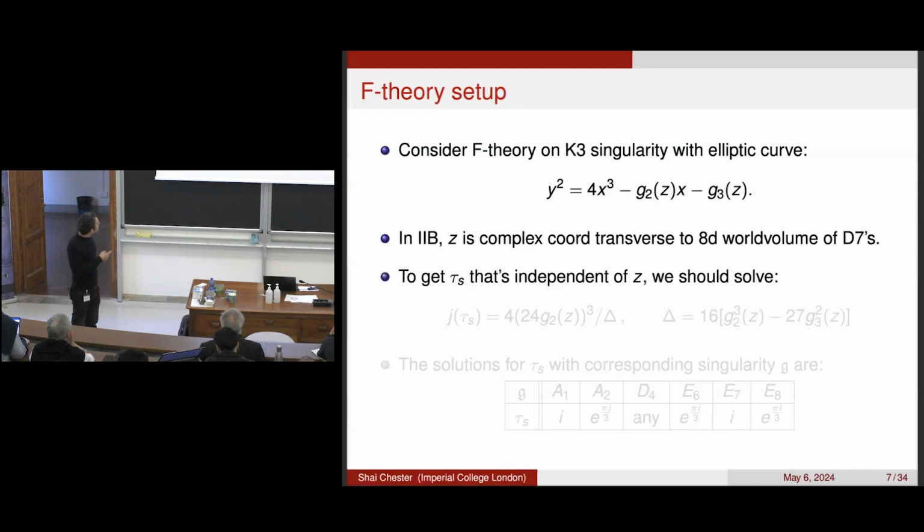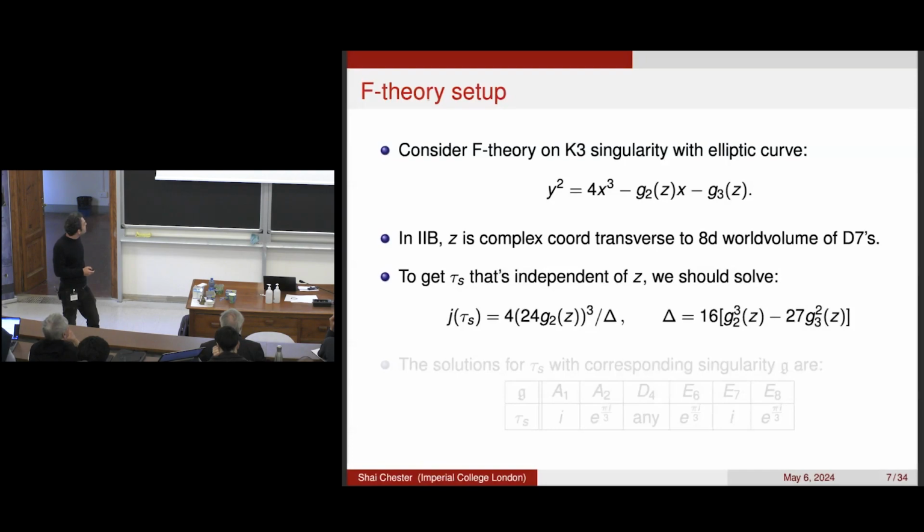Now, in our specific case, we want to look at the simplest examples of F-theory, where tau is actually independent of z. Those are a very restricted case of F-theory solutions; the vast majority of cases depend on z. If you want it to not depend on z, then using some geometric facts about this elliptic curve, this can only be the case if this J modular function, whose definition I won't give, but this is a modular conference, so people should know what that is,